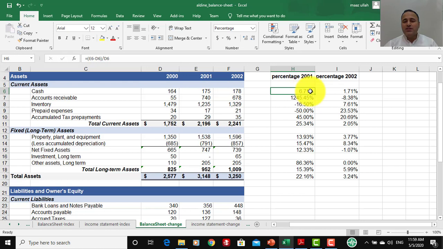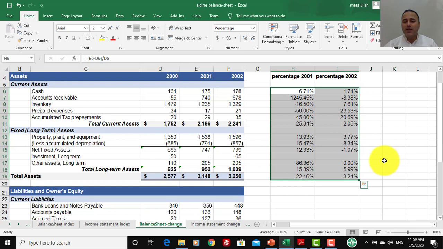But 6.71 percentage points compared to what? Actually increased compared to year 2000. This 1.7% increase is an increase in year 2002, but compared to 2001. So it's a year-on-year increase. It's a year-on-year change. The other thing you could do is actually select your data, and then you can do,